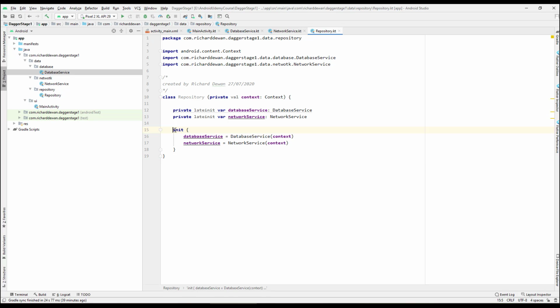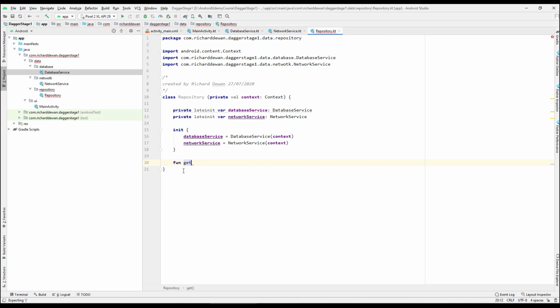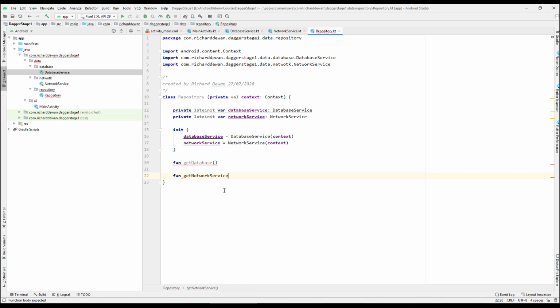And so when the init block is called, it will create a database service and a network service for us, and then we can have a function over here to get what we have, the function name, get the database. Just copy this function, and we also need another function, let me go over here and get that name, network service. So we have two functions,